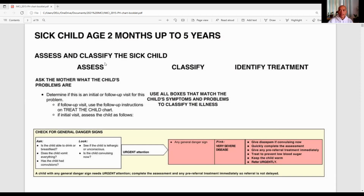Why is IMCI an idiot's guide or an instruction manual? Because even in assessment, it already tells us what the correct questions to ask are. For a mother who has a sick child of 2 months up to 5 years, ask the mother what the child's problems are. Determine if this is an initial visit. Is this a patient we asked to come back for follow-up? If it is a follow-up visit, use the treat the child chart, which is in your manual. But if it is an initial visit, not a follow-up child,